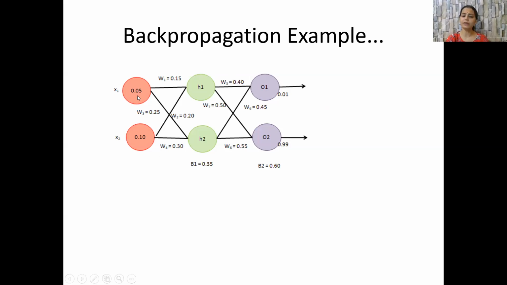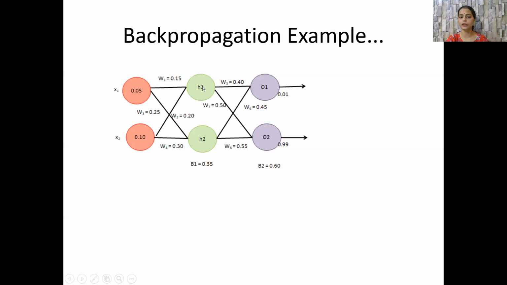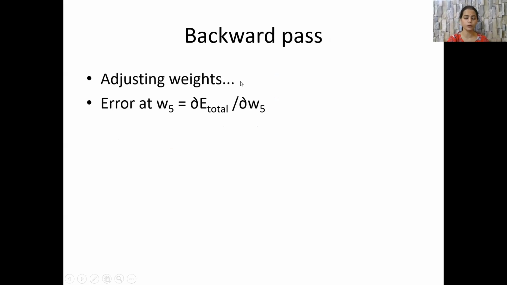This is the actual motive of back propagating. Till now, what we have done is the forward pass. That is, we have simply forwarded the input values to the next layer, the output values to the next layer as input, and similarly, this is the forward pass. From here onwards, we will do the backward pass, wherein we will propagate the error back, trying to adjust these weights. Let us try to look at the backward pass.